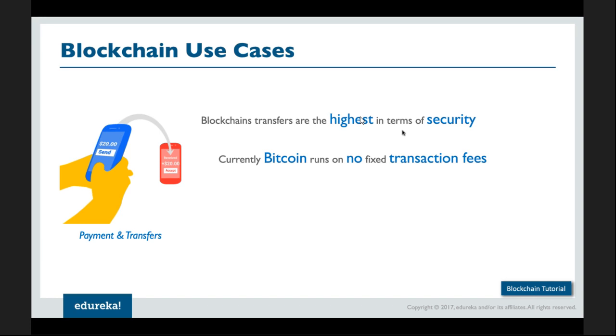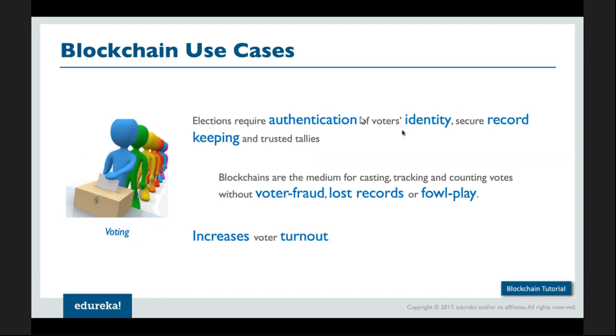The next is within the voting industry. Within the voting space, what they're trying to do with blockchain is that instead of you going and waiting in long queues in order to cast a vote and ensure that you have voted for your candidate, instead of following all those procedures, with a blockchain-based system they can turn voting completely digital. And within that digital system, they can also ensure that there is no foul play through multiple votes or